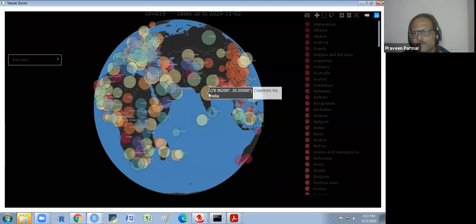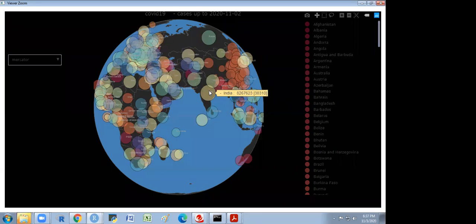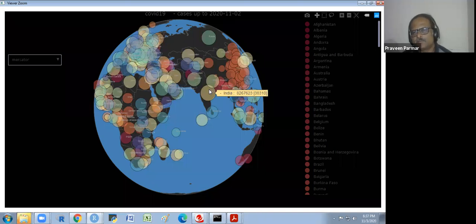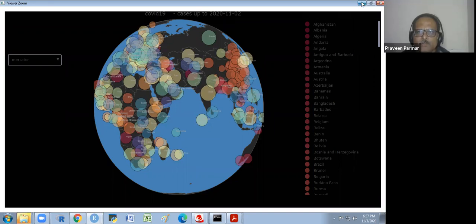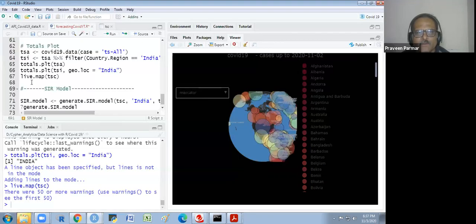Every country you could see here. Sir, which kind of plot is it, a ggplot2 plot or interactive? No, it is an interactive plot. We are using the Prophet library for it. And what was the command for this? We are using leaflet, the live map.